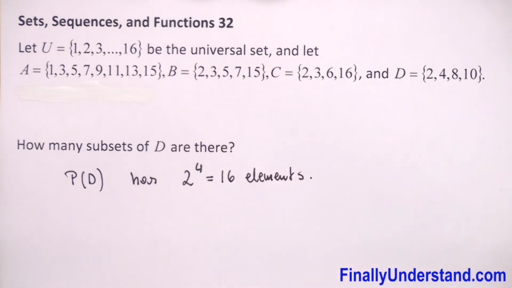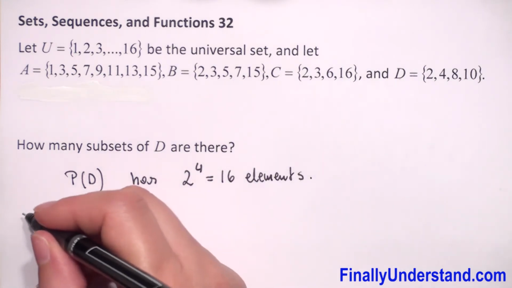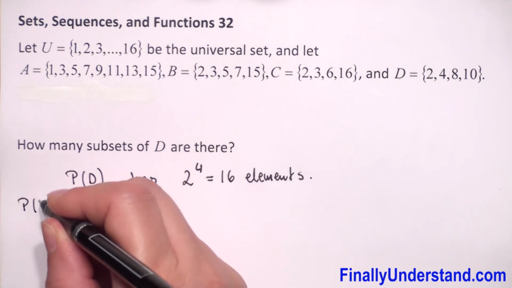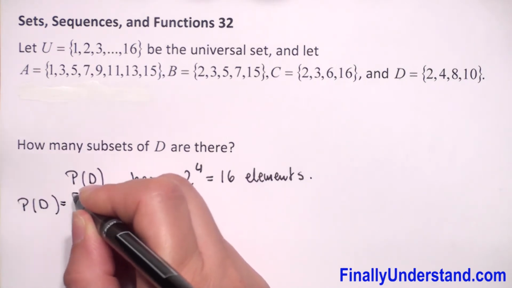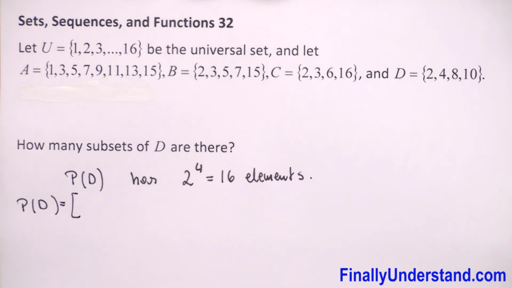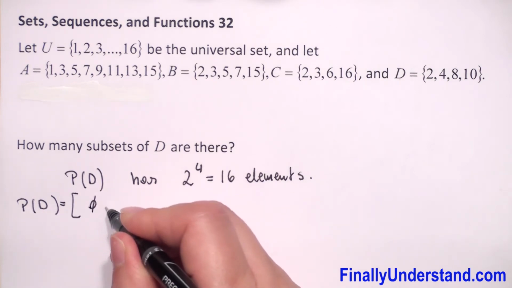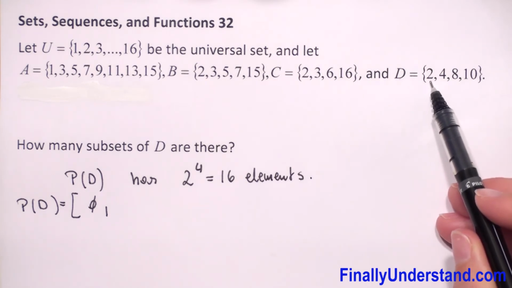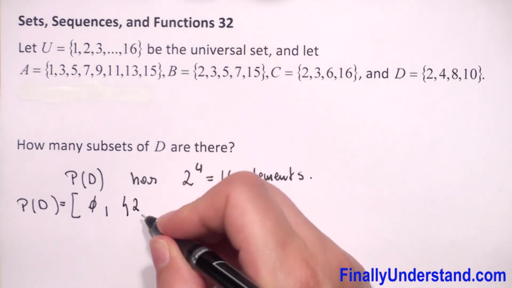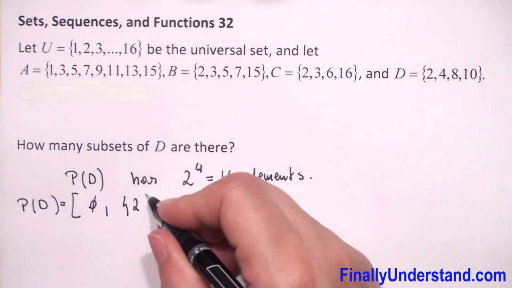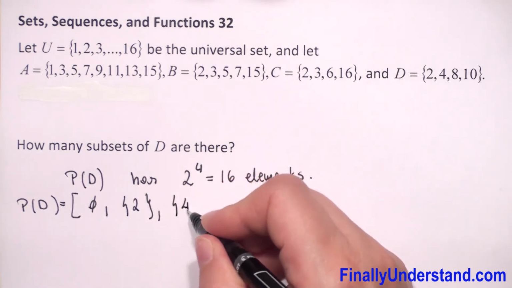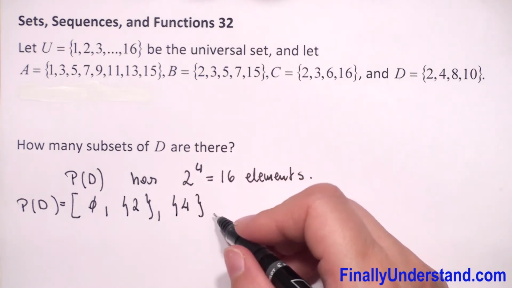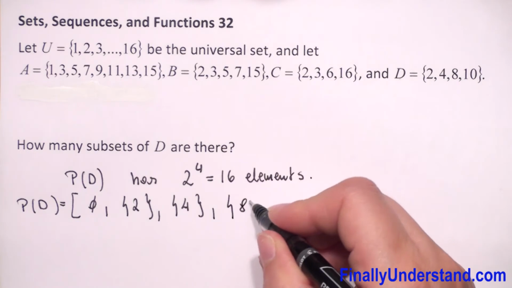So now let's write these 16 elements. So we will have that P of D is, in brackets, first we can always put the empty set, this is the empty set. Next, we have to look at the elements of set D. We have 2, so 2 is a subset of D. 4 is a subset of D. 8,